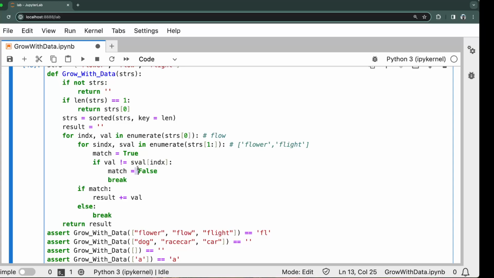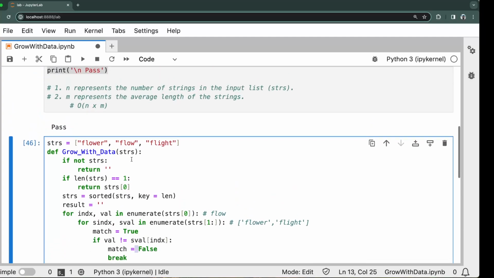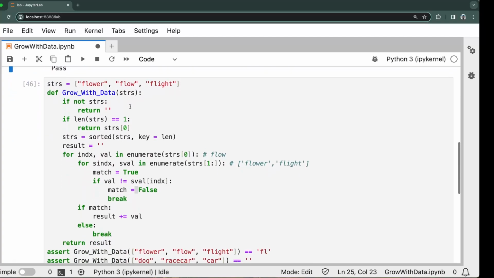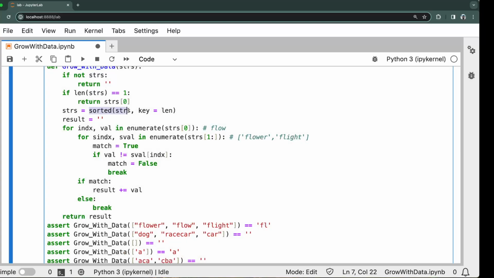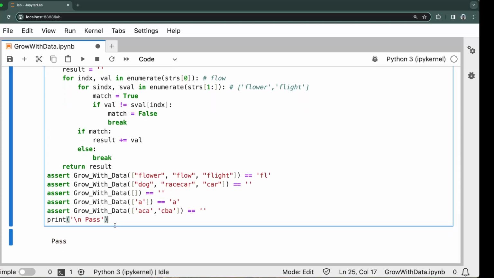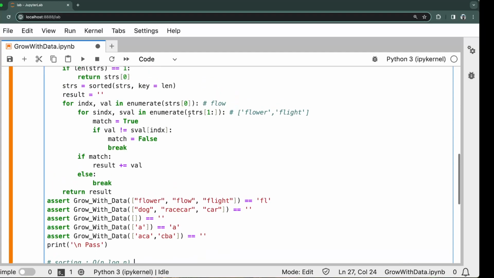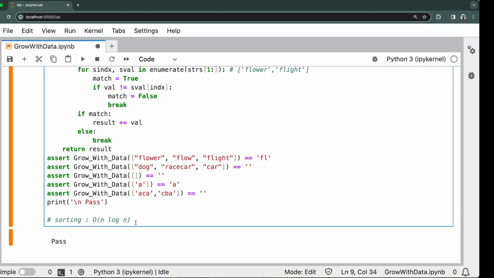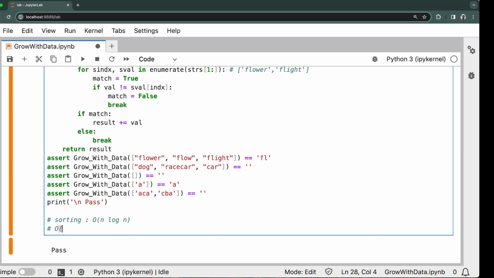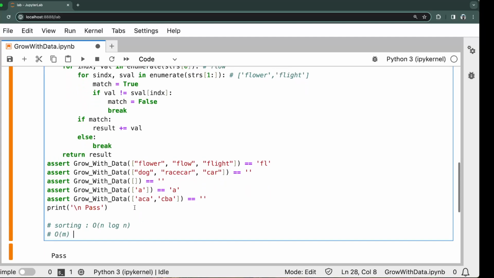Here if you see the time complexity, same, if n is the number of strings in the input and m is the length of the string, then the first main thing is we are doing a sorting here, right? So for the sorting part, the time complexity is going to be O of n log n, based on the length. In the first iteration loop, we are getting the first string, so the cost is going to be O of m. m is the length of the string,